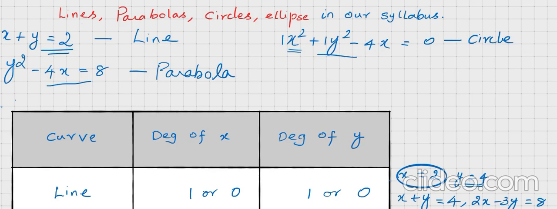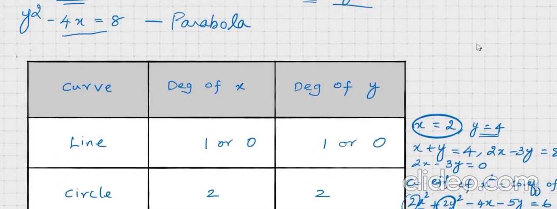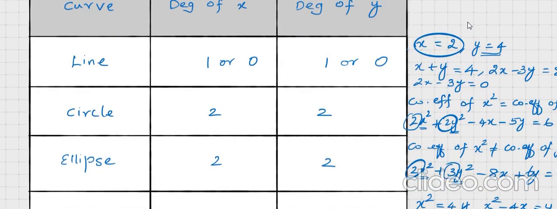Okay. Yes, a quick revise. Keep in mind. For a line, the degree of x and the degree of y should not exceed 1. Mark my words clearly. Should not exceed 1 means it may be 1 or 0. Zero means that variable may or may not be present. That is not the case for a circle or parabola. Each and every variable must be present with the mentioned degrees.